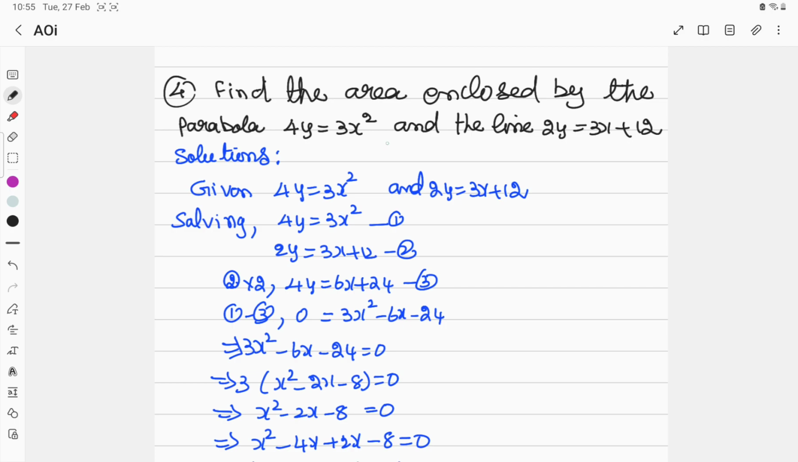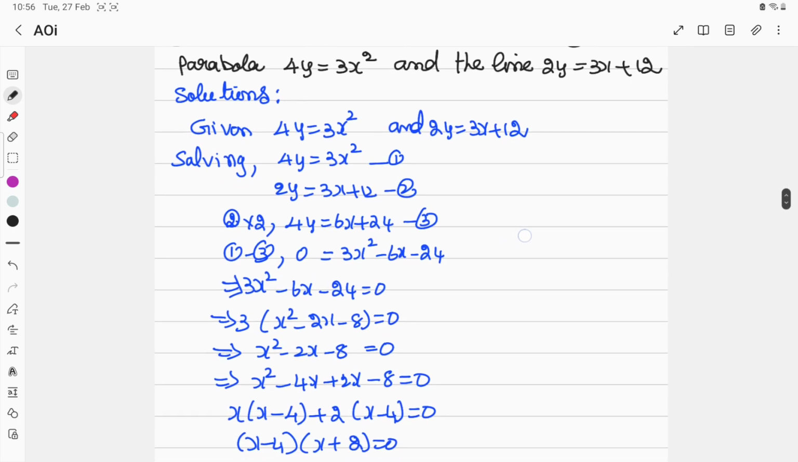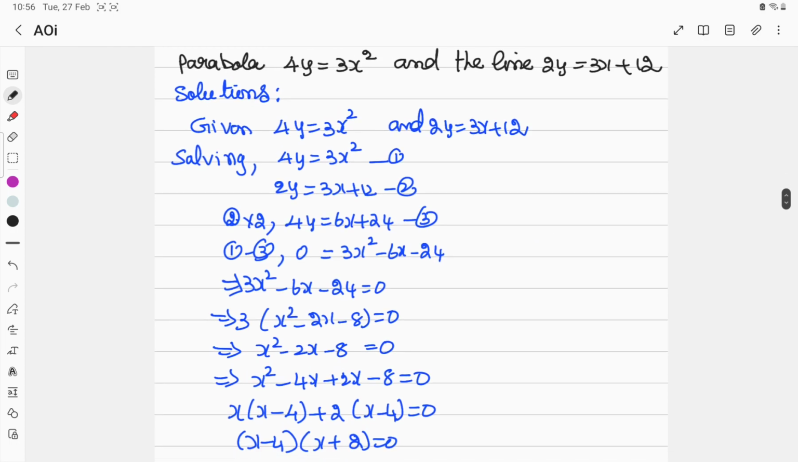Solving both, first you have to find the point of intersection. If two or more curves intersect, first we have to find the points of intersection. So 4y = 3x², 2y = 3x + 12. Multiplying by 2, we get 4y = 6x + 24. Equating both sides, we get